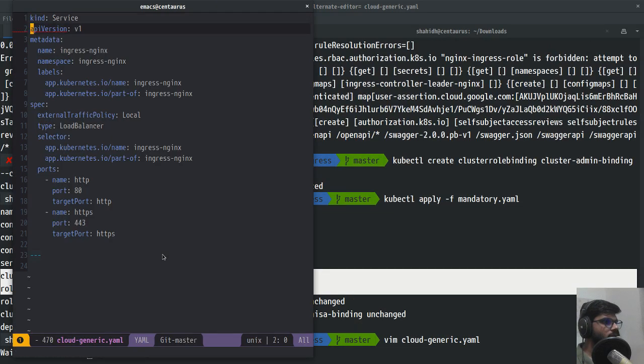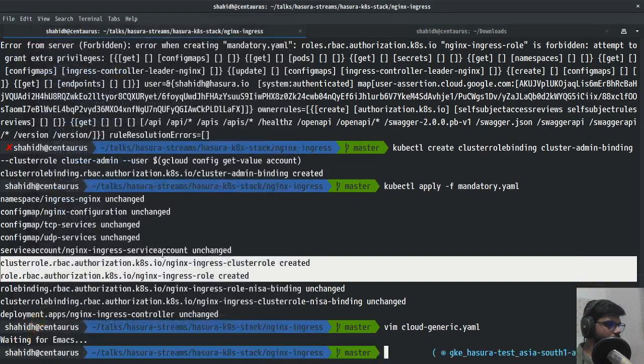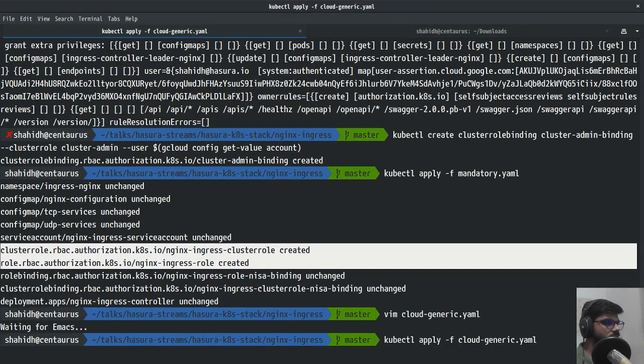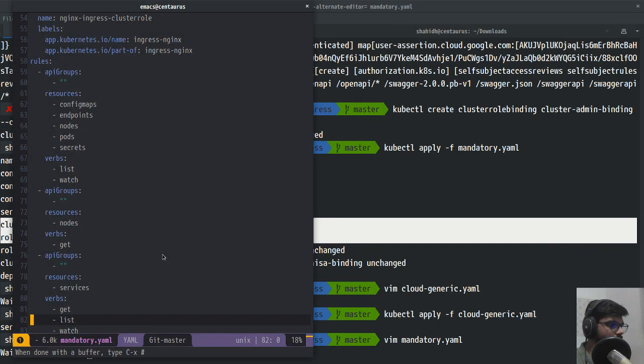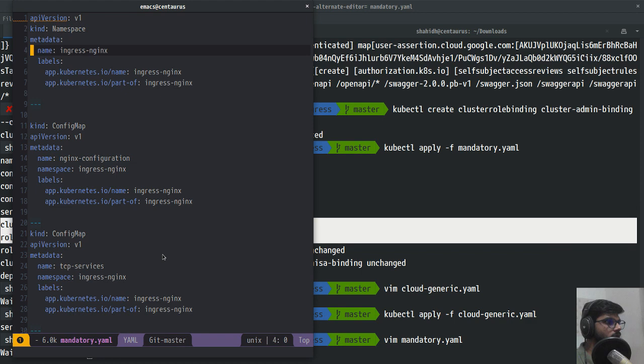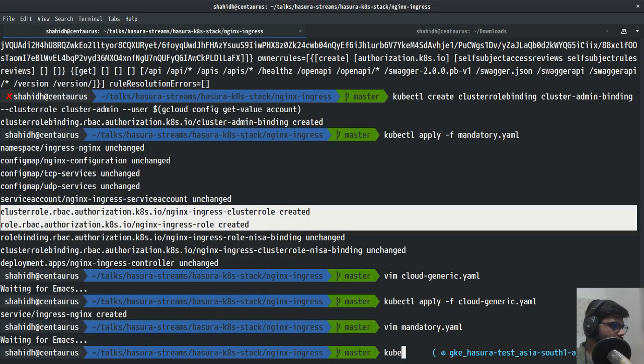So this will have a load balancer configuration which will be used to bind to port 80 and port 443 for the Nginx deployment. So let's apply that also. The namespace that we created right now, if you look at the mandatory.yaml file, the namespace is called ingress-nginx. So if you look at the pods in this namespace,